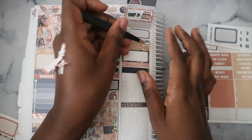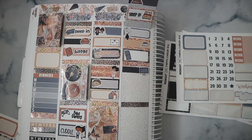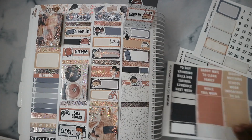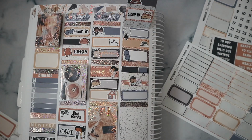I like to utilize them because I usually run out of boxes, and I especially did with this one because I had so many things to mark. I then marked my husband gaming with a Make Plans duo, custom script and a custom boy character. I then marked planning with this planner stack sticker from